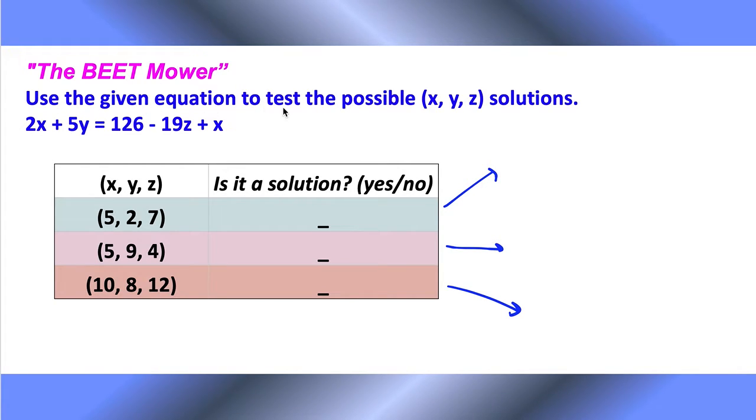Use the given equation to test the possible x, y, and z solutions. So now I have to plug in an x, a y, and a z value and see if it works. We're going to need some space for this one, so I'm going to go ahead and write them all out and then we can figure out if they're solutions